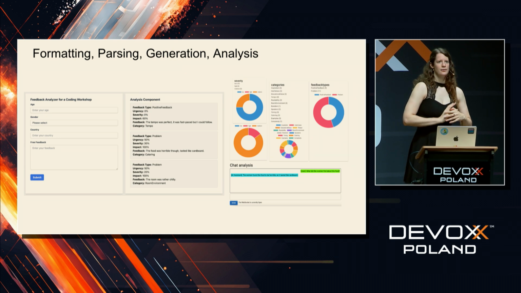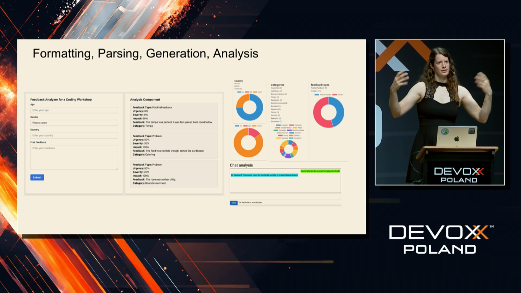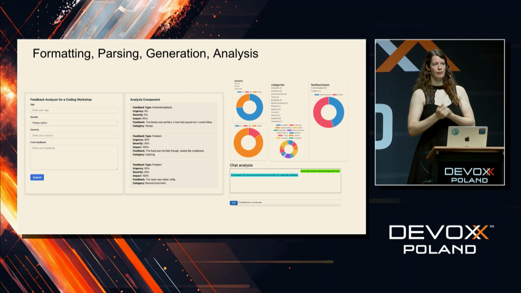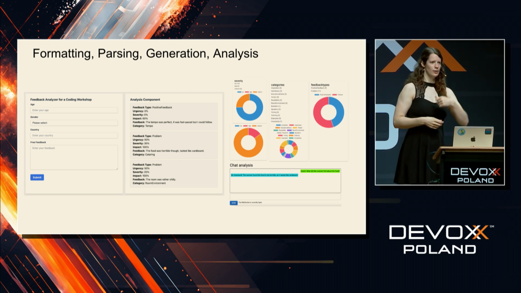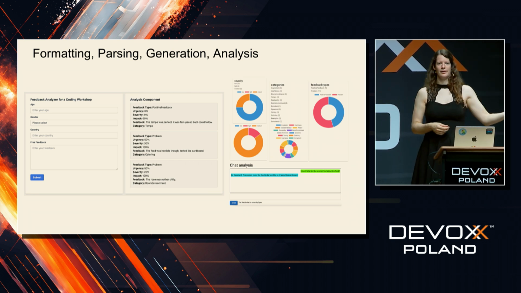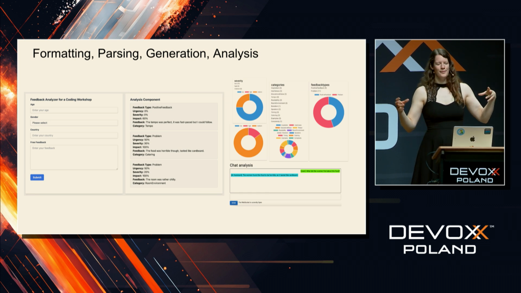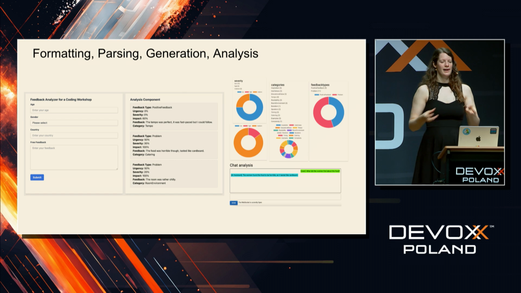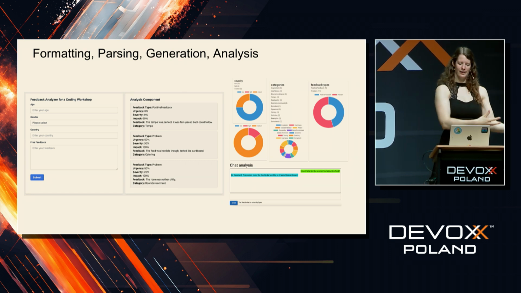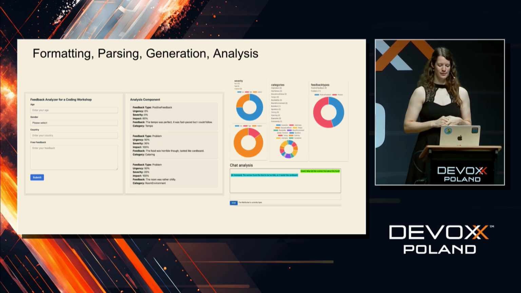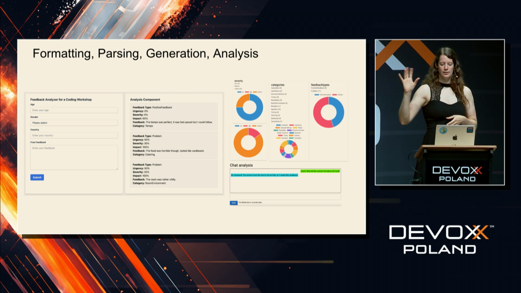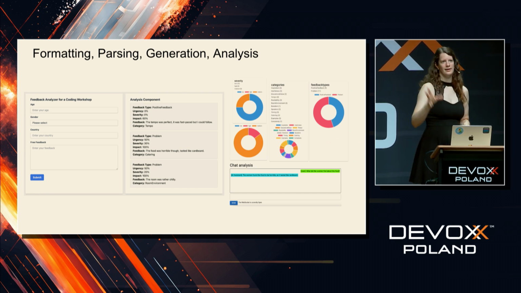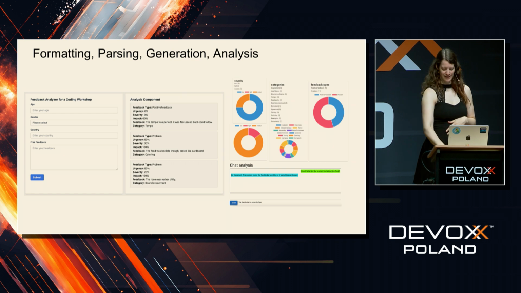Parsing anything, as you could see, this whole text where we extracted the date from, but also generation of content, marketing content, but also, for example, psychological advice. I made a couples therapist with my partner that takes in both our feedback and then gives us a working plan for us together. You can also use it for that. And then analysis, as you saw in the feedback analyzer, it can do a good shot at analyzing vast amounts of data.